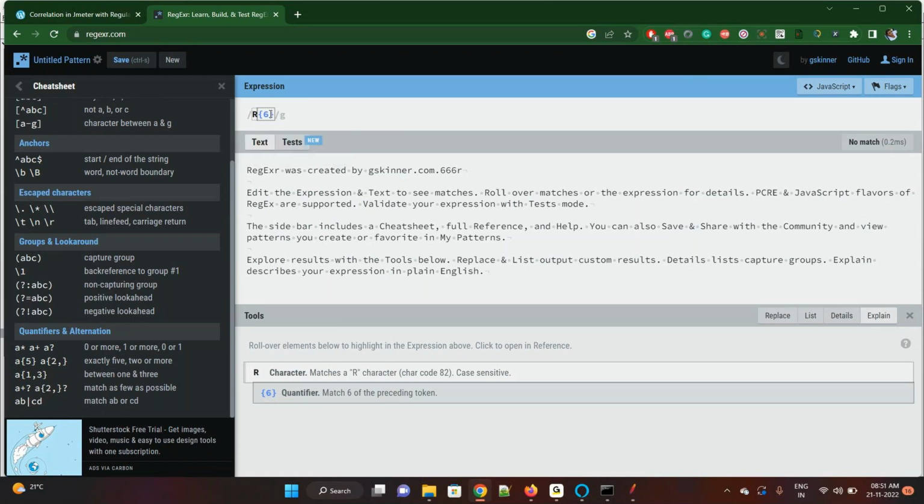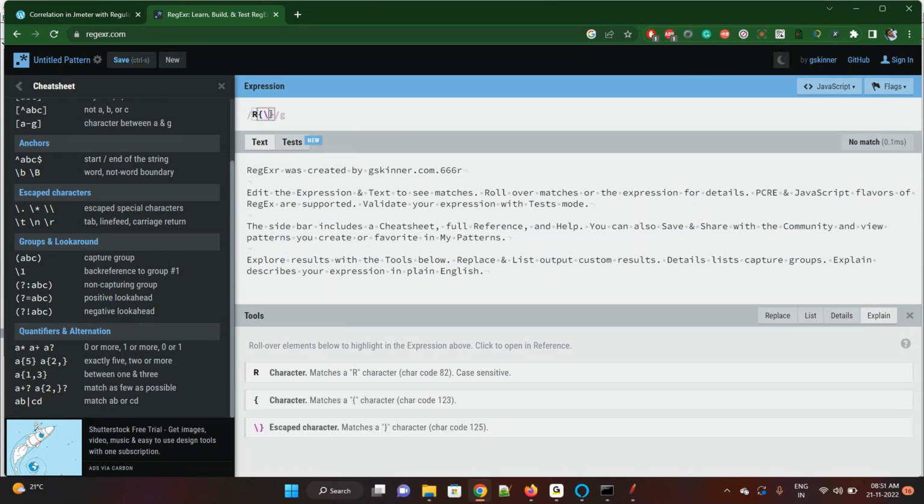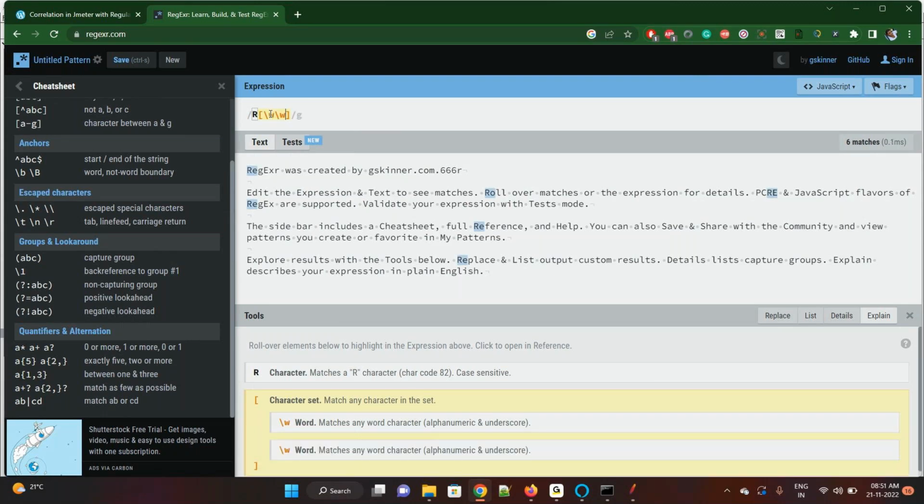Not sure why it is not working. So let's give \w. That's these things. Okay, so now it captures. It should be capital R and should have two words. I mean, word means nothing but single letters, characters. See, it highlights